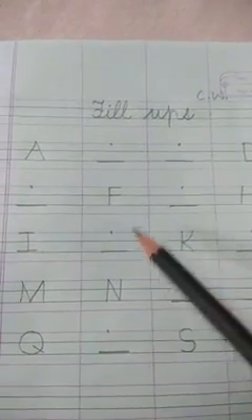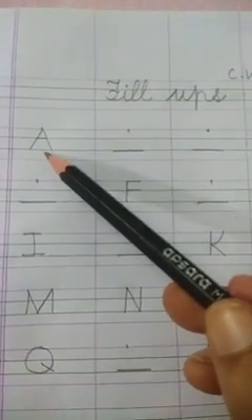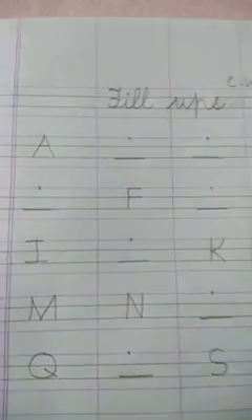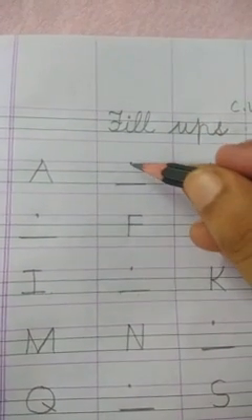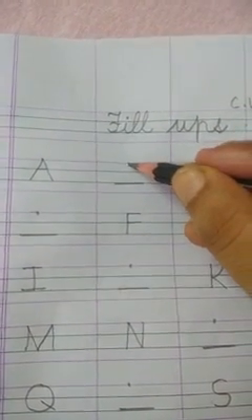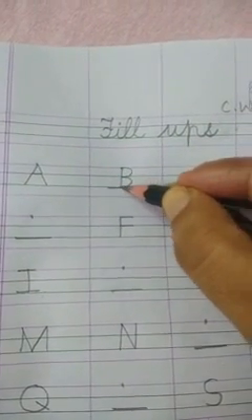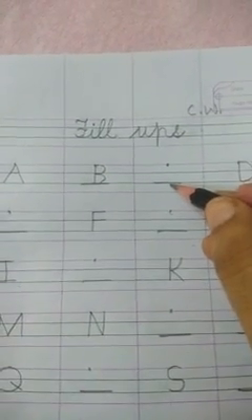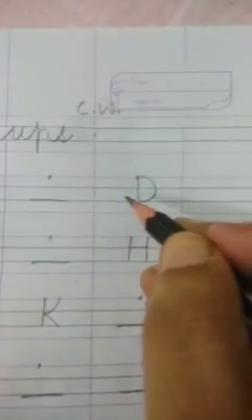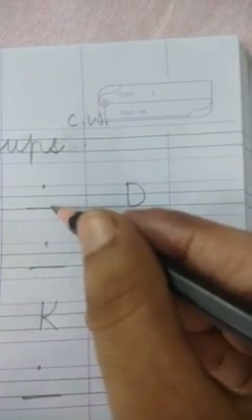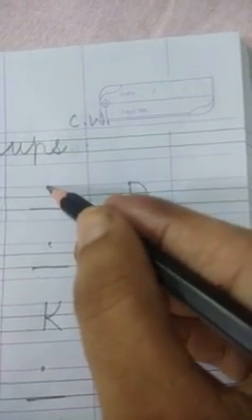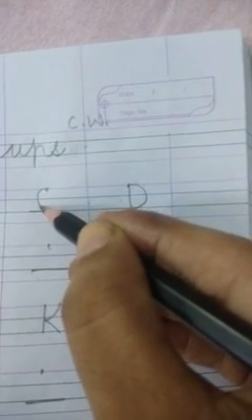Okay. So let's start. Which letter is this? Letter A. Then after A, what will come? Letter. Yes, tell me, nursery class. Letter B. You will write here letter B. Okay. After that again there is fill up. Yes. It can come like this also. D will be written and here it will be fill up. Then what will come here? Yes, it will be here. Which letter will come? Letter C. Like this, nursery class, you have to do the fill-ups.